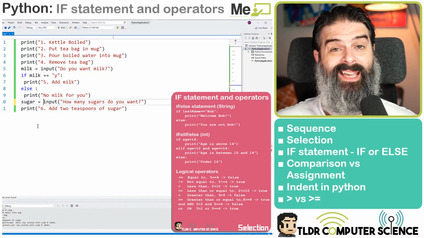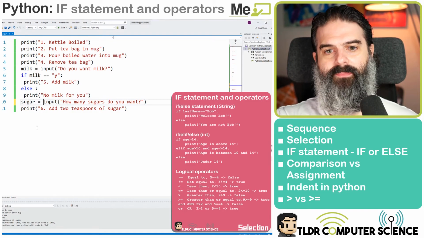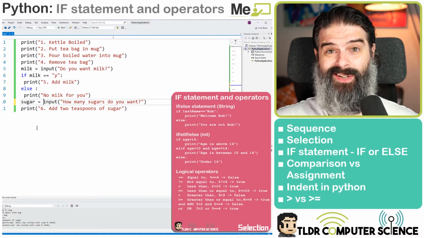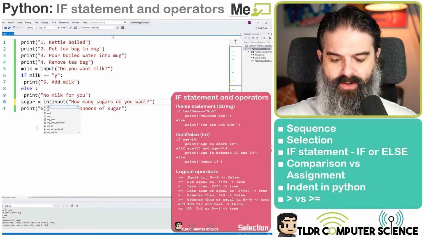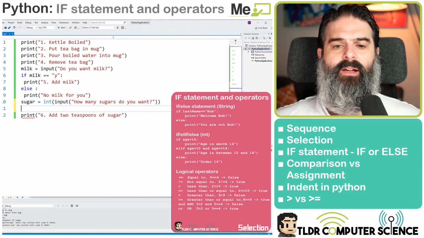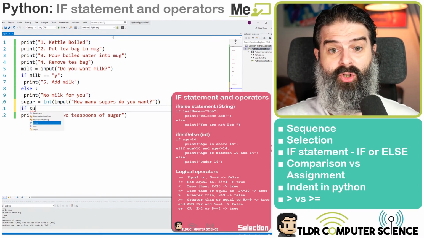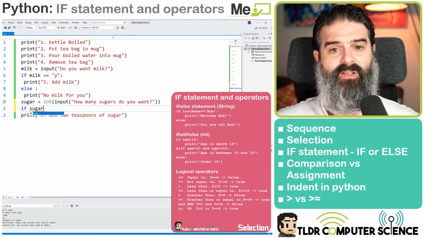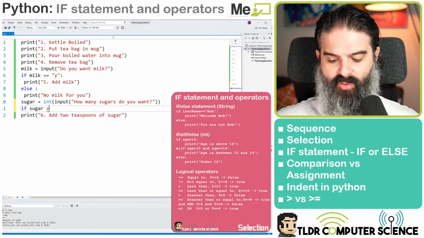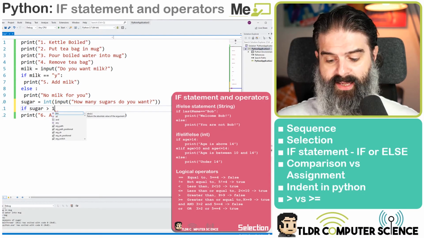Now, I could take it in as a string, but I want to say, is it greater than a certain number? So I want to do a logical comparison. So I need it to be an int. So int will take in the number of sugars. Okay, what do I want to do with this? Well, I'm going to say if sugar, so there's the number of sugars they wanted, is greater than 1, then we can say,